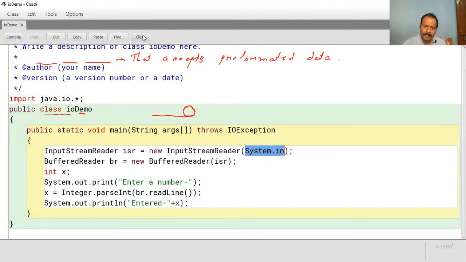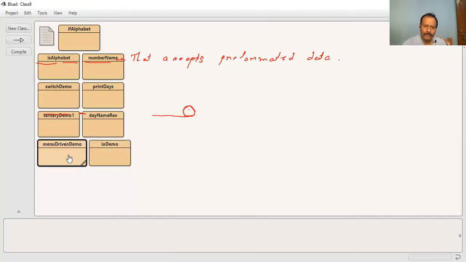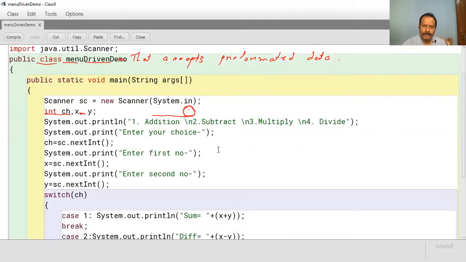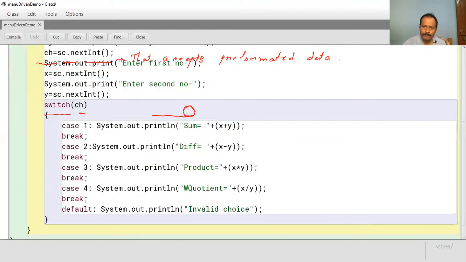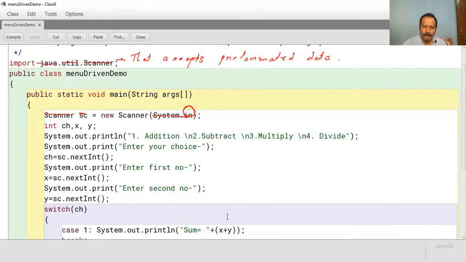So you can understand all the in objects; in is very important for taking the input. Okay, now remove all annotations. I'm clearing all. Okay, fine.